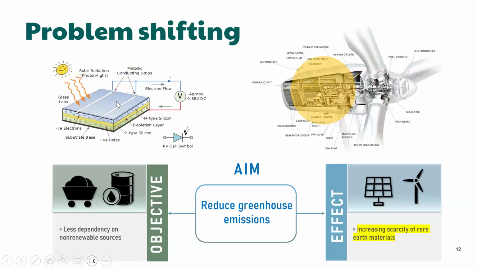So let us understand problem shifting in simpler terms. Let's take solar panels and wind turbines, which are known to produce clean energy without emitting harmful substances. So as an LCA consultant, your goal is to reduce greenhouse gas emissions. So you would design systems like wind turbines and solar panels, which are highly desirable. However, if you take a closer look at the manufacturing process of these energy sources, you will realize that